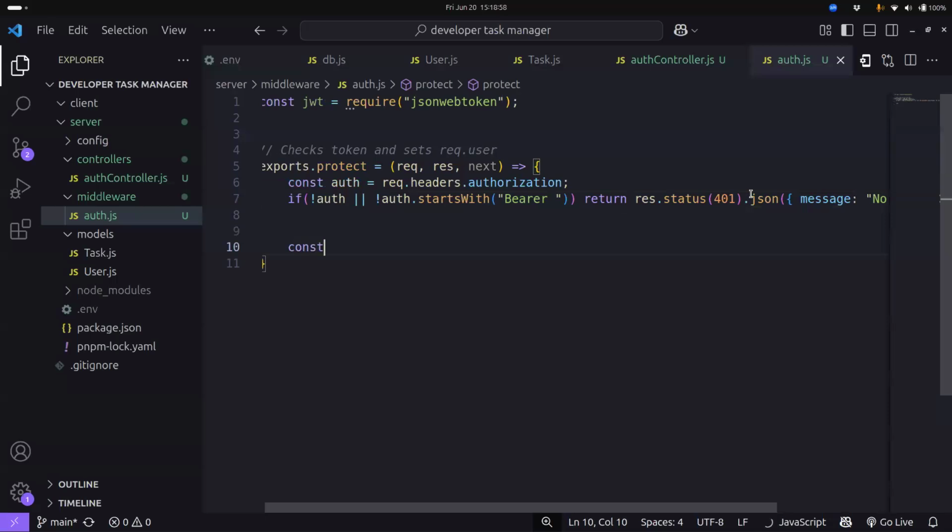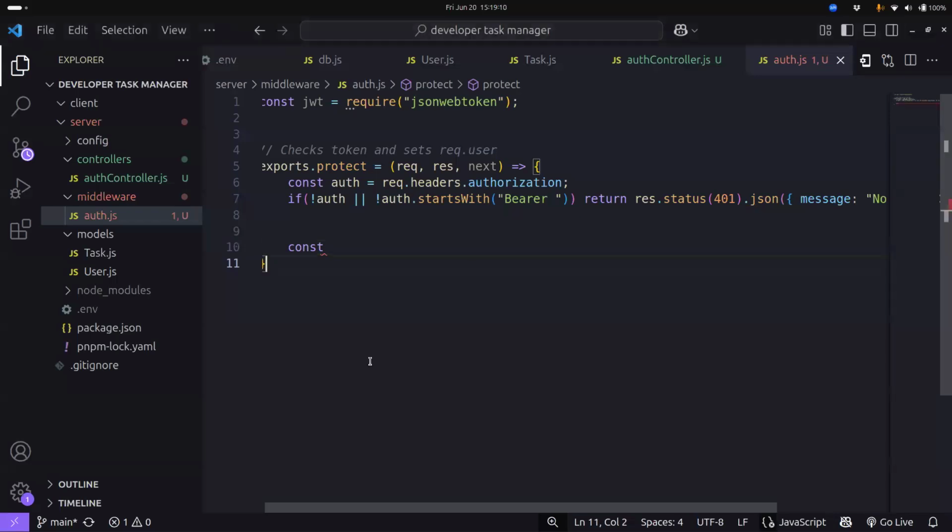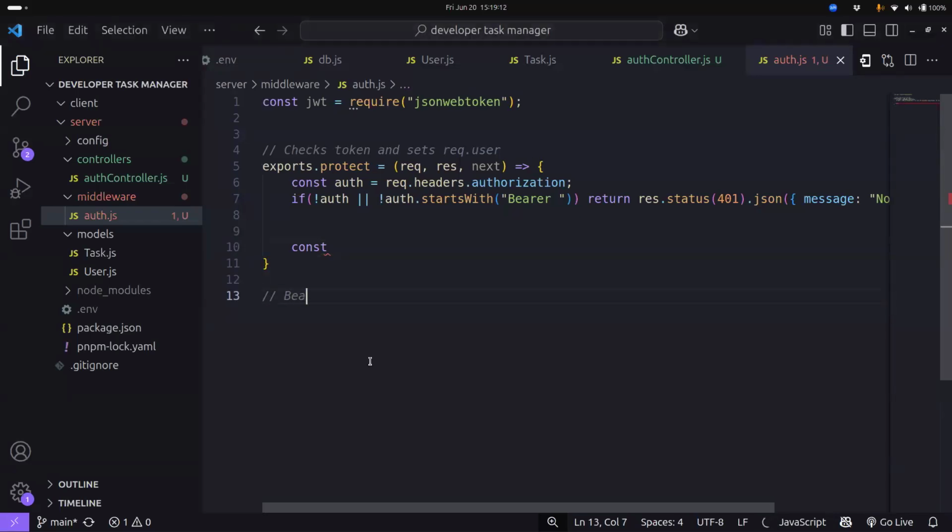Now let us go for the next one, which is going to help us essentially check if the header is missing or not in the format that it is supposed to be. So the format that you're talking about here is bearer space token. This is the format that you're talking about. So if the header is missing or it is not in this format, that is what we want to handle now. Now, for us to achieve something like that, come and say token